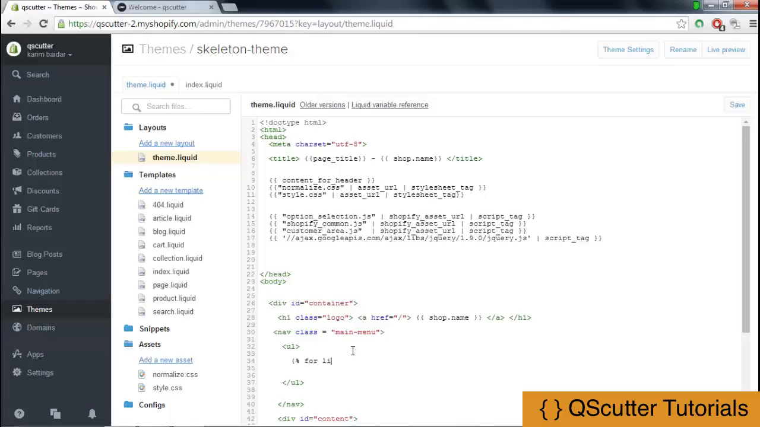So for link in linklists.main-menu.links in here, and I'm just going to close it. What it is really doing is looping through each link inside the main menu link list. After that it will loop through each link. We're going to be assigning the name or link all the way through. So how I'm going to close this for loop in here, I'm going to use